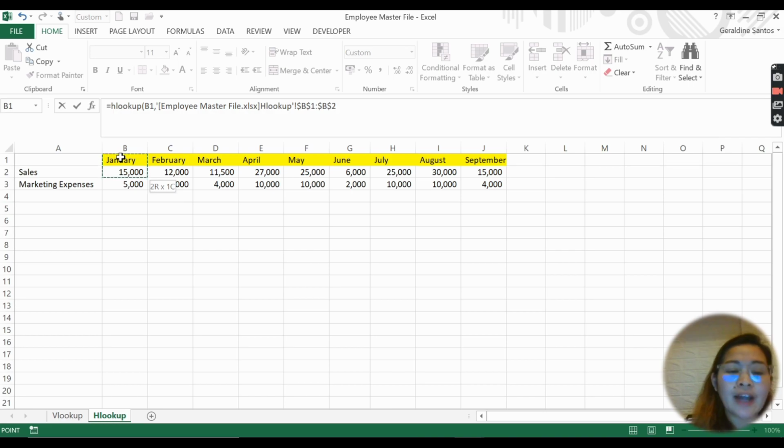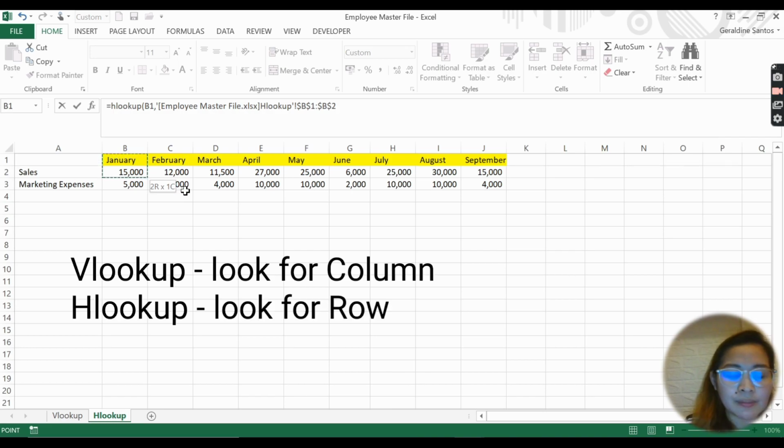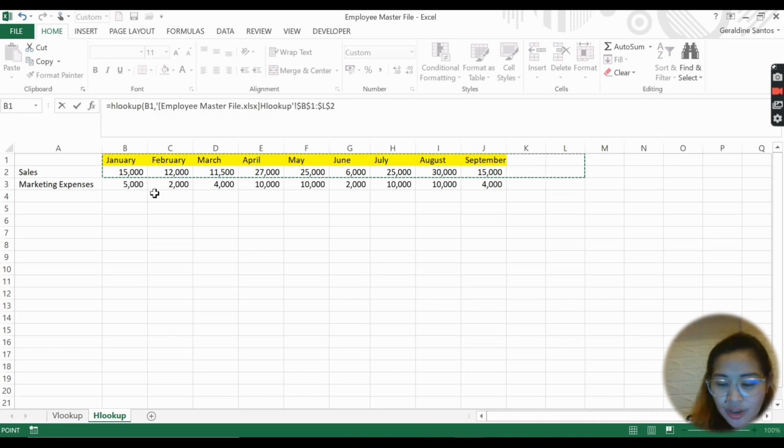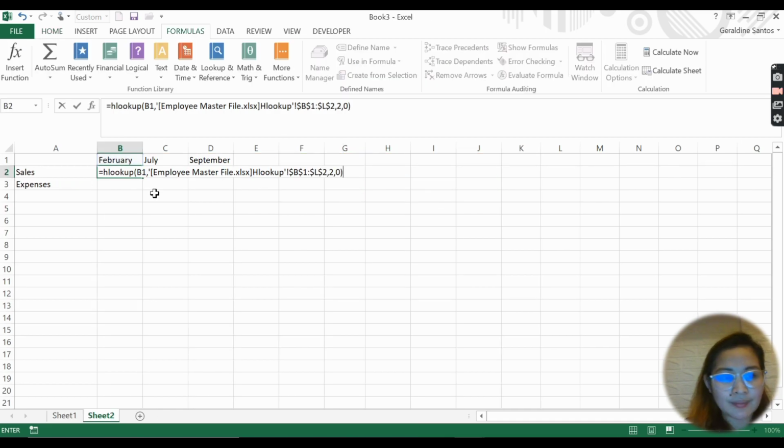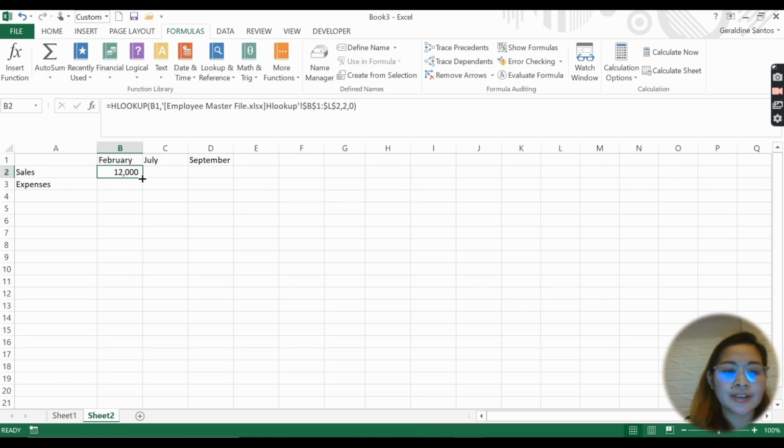If you remember earlier in VLOOKUP, you were looking for the column. Now since this is HLOOKUP, you're looking at the row. So this is row number 2. So you will highlight till the last and comma, row number 2, comma, 0, enter. Then same thing, you will just drag it.